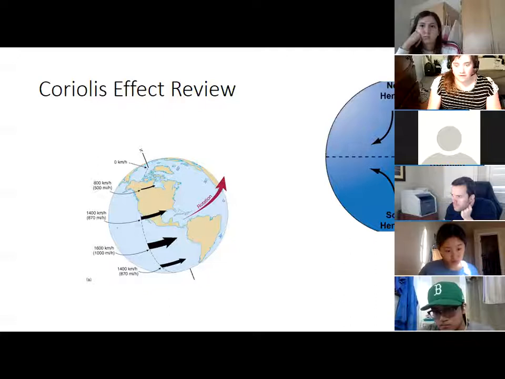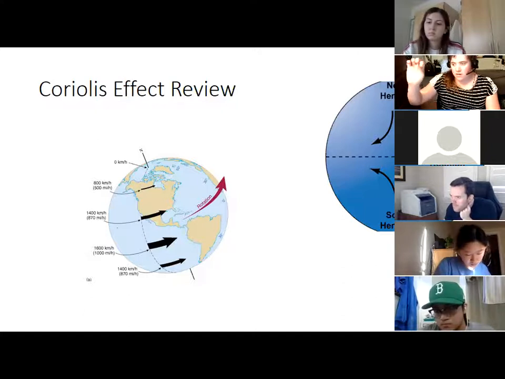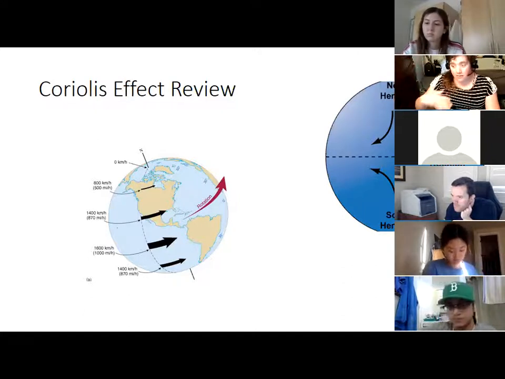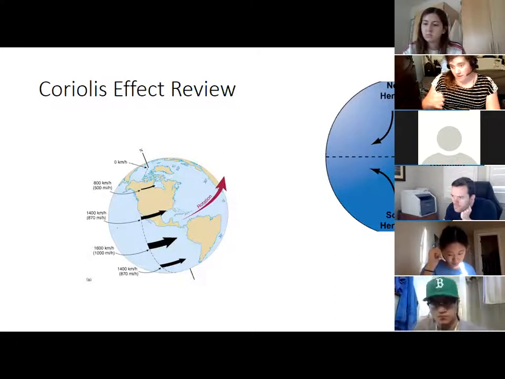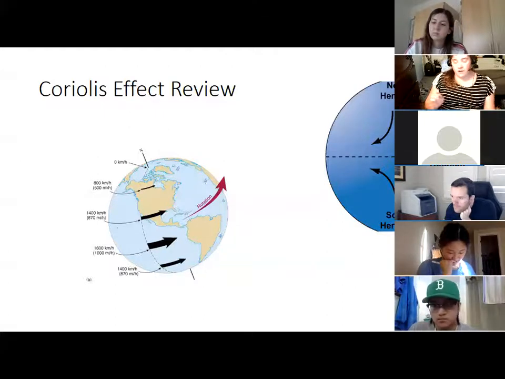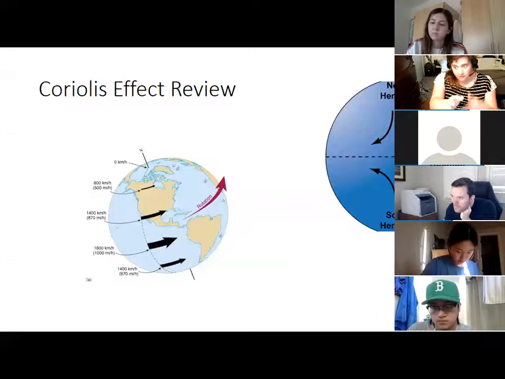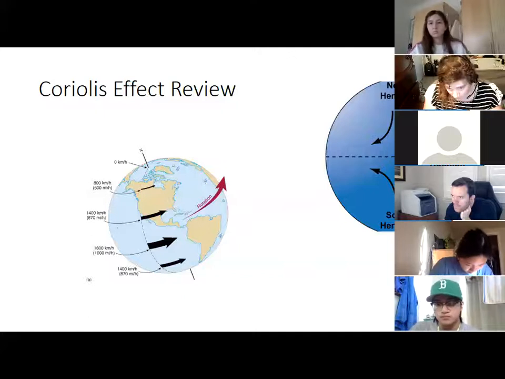And it's kind of the same way that you have to be careful when people say, oh, my right, and it's like, no, I don't mean your right, I mean my right. You have to specify that when you're trying to explain something to other people. When dealing with the Coriolis effect, you have to try to put yourself in the point of view of the projectile or the mass of air as much as possible. You have to put yourself in the viewpoint of, okay, the mass of air was supposed to go this way, so the way it's actually going is to the left or to the right of the direction I thought it was going to go.